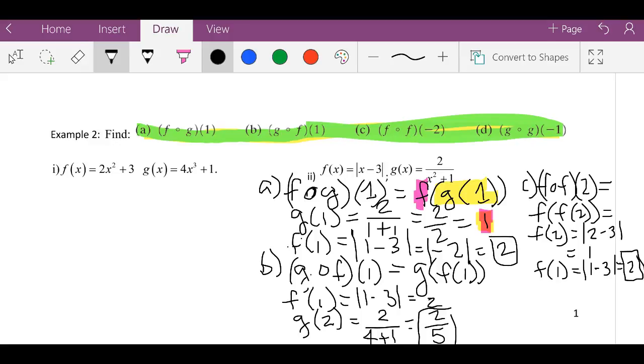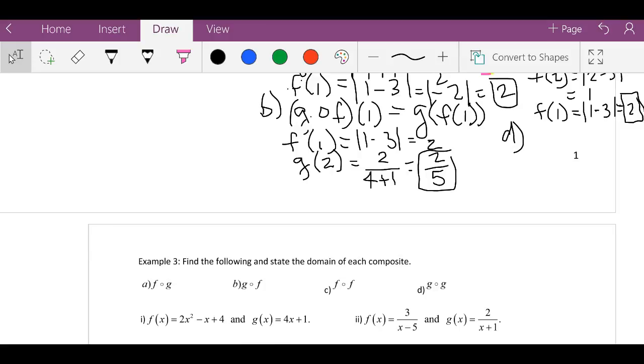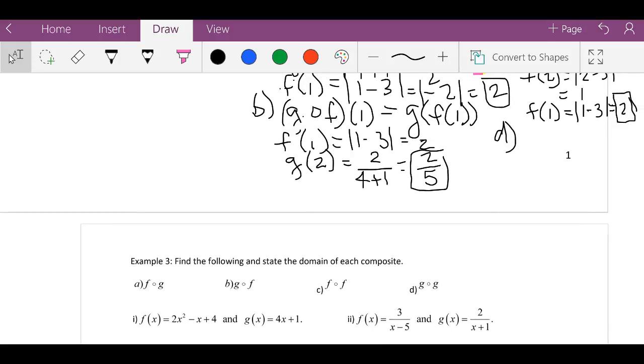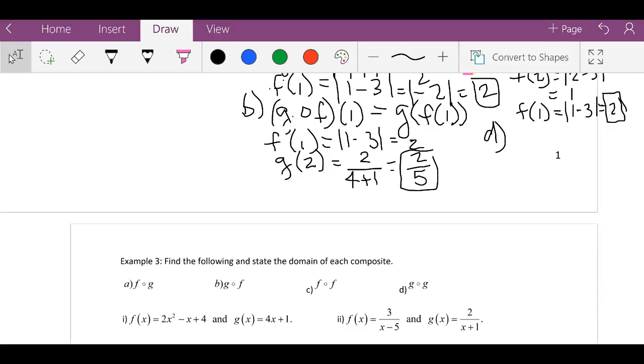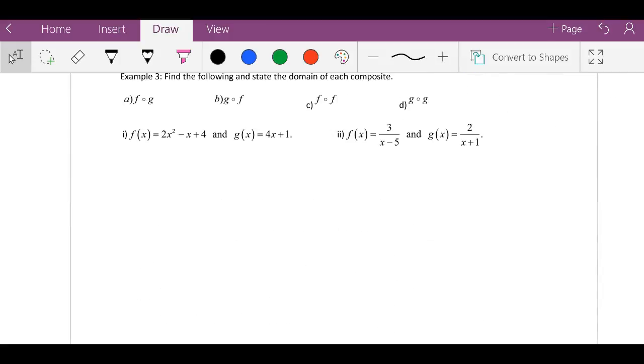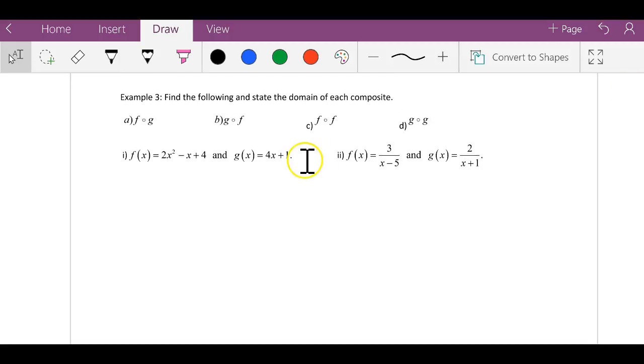All right, we're now on the last one, which I would like for you to do on your own. So this is sort of your check for understanding. Take a couple minutes, pause the video, and do that all on your own, please. Once you're done, then you can hit play again so you can listen to the next one. Okay. All right, we'll move down here quite a bit. Now that you are done with D,